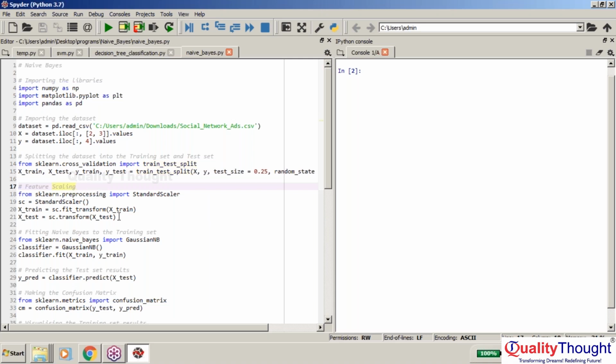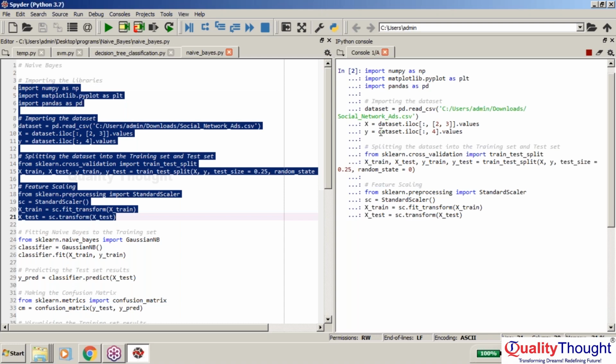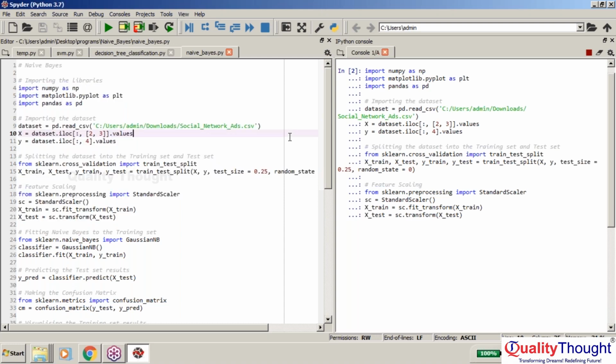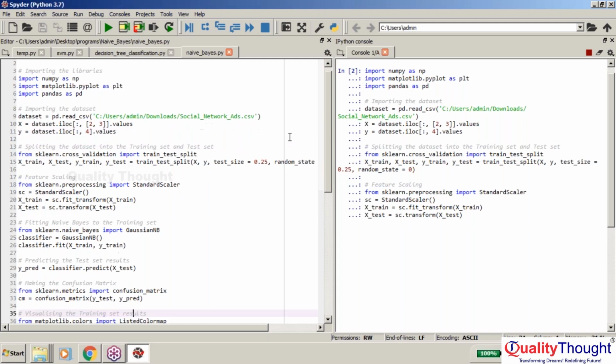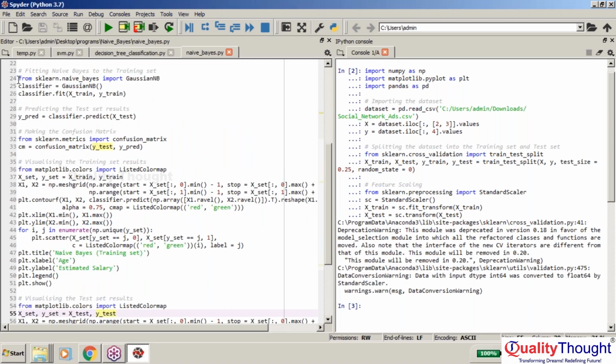the cross validation part and the splitting of the data as usual, like whatever we have done for the same social network ads, which is the one we are using for the earlier examples also. Now, I'm trying to fit the naive Bayes to the training set. In order to fit this one, I am required to use naive Bayes from the scikit-learn,